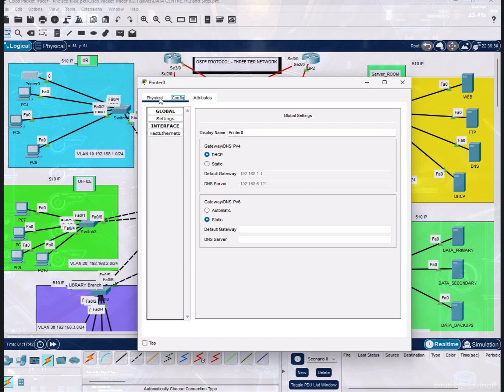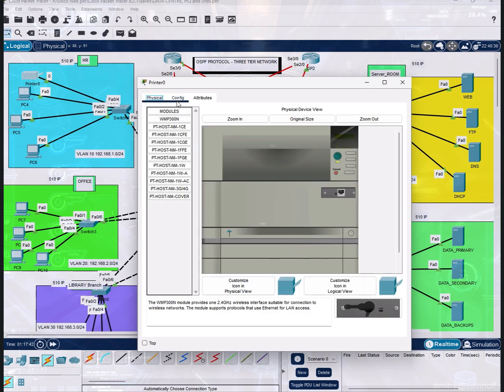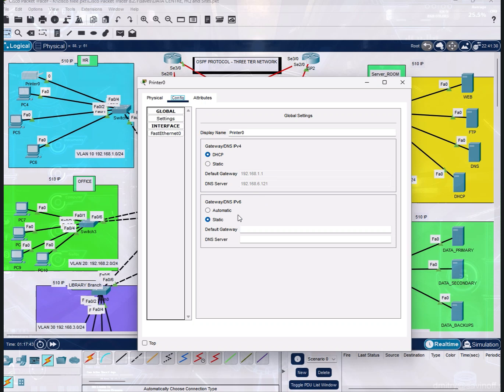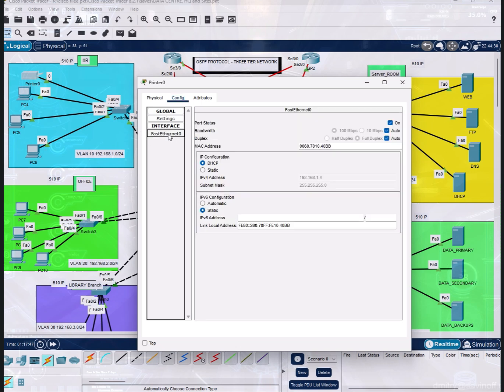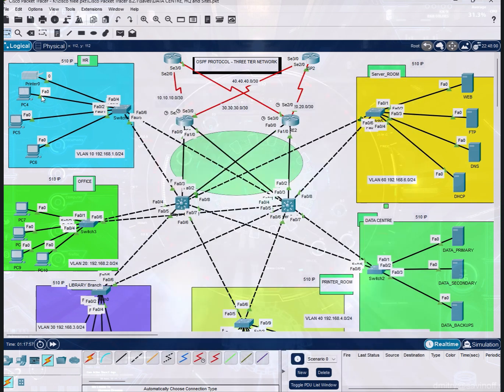And then actually if I come to the, okay, let's do this. This is the default gateway, and then this is the DNS server. Wait, where is the IP address of the interface itself? Okay, let's come in here. Oh, this is the interface then. So the interface of that printer is actually 1.4. Alright, so if we go to this PC,